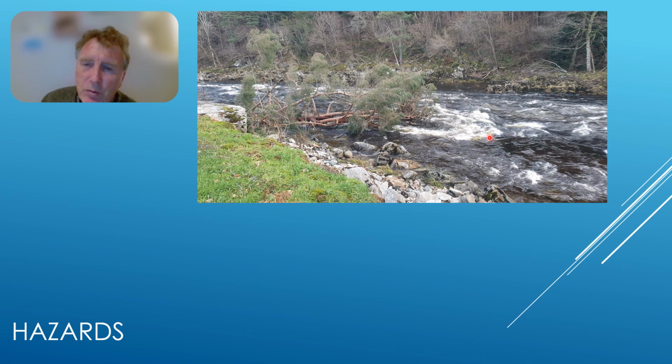because we've got the force of the water passing through branches, which means there's plenty of force that will pin you against, possibly under these branches. So it's an extremely high risk. So were you to swim, you would be well advised to get out to the bank or go out to